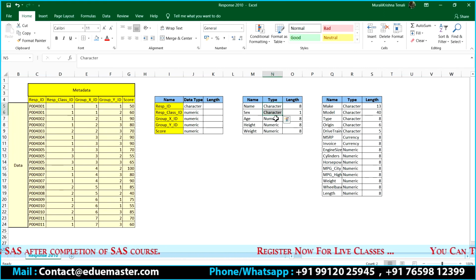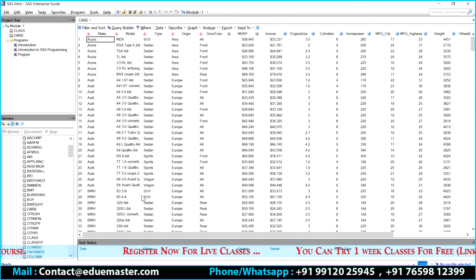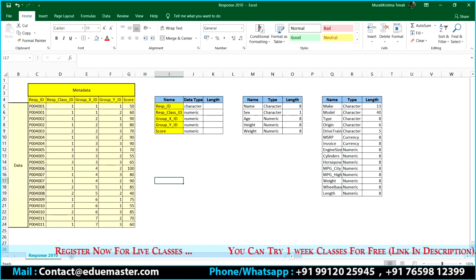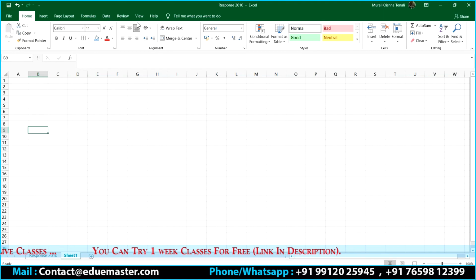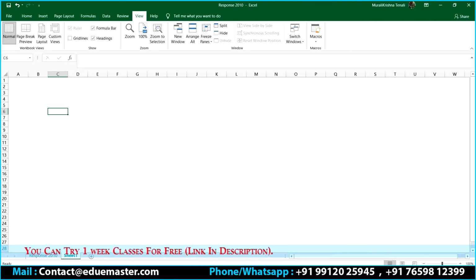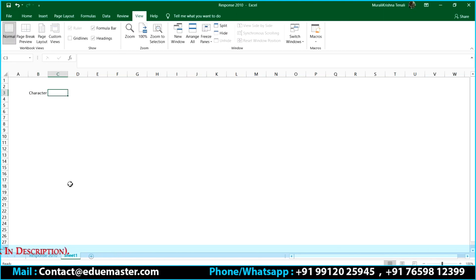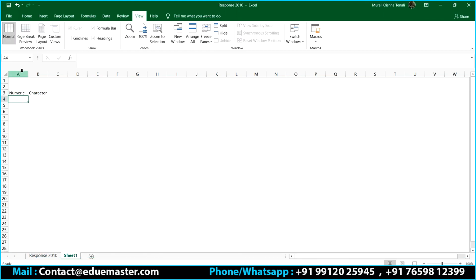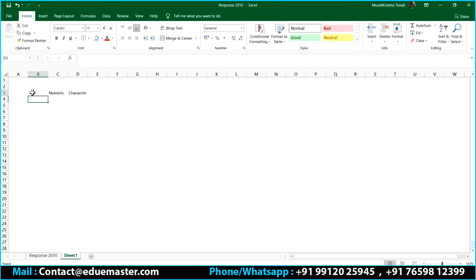So can I go ahead and explain what comes under character and what comes under numeric? Because these are some of the examples I just wanted to show you before I explain this particular one. All right, so let me start. So we talked about two things. What are they? We started with character data and also numeric data. That is what falls under character and what falls under numeric. This is what our interest is. Correct?